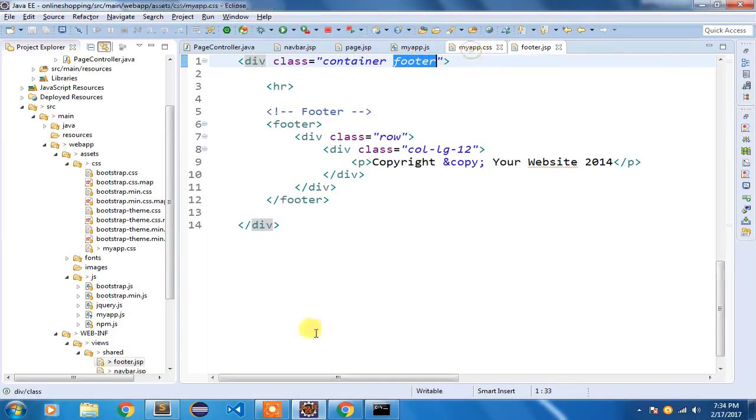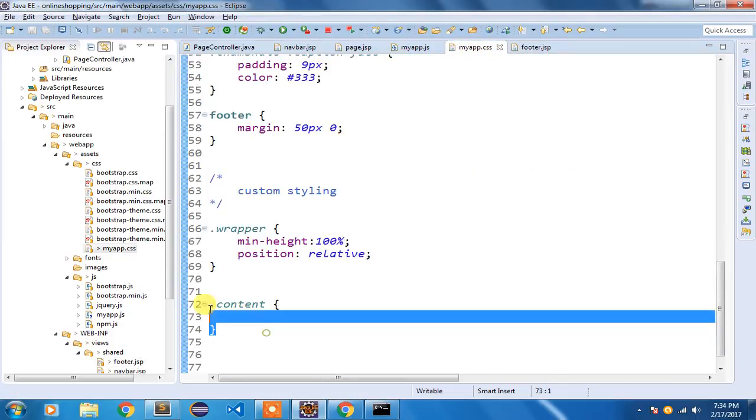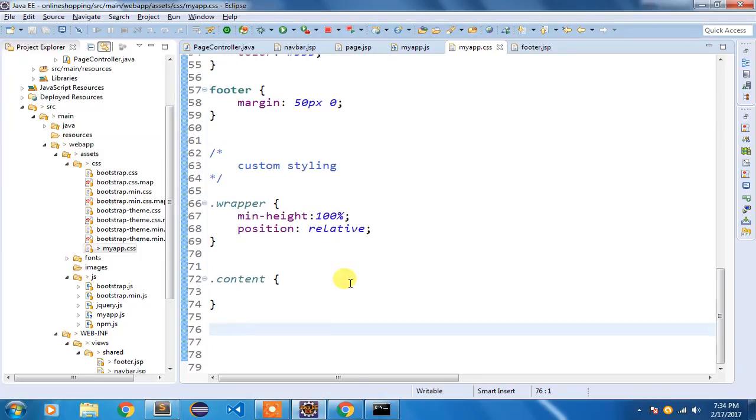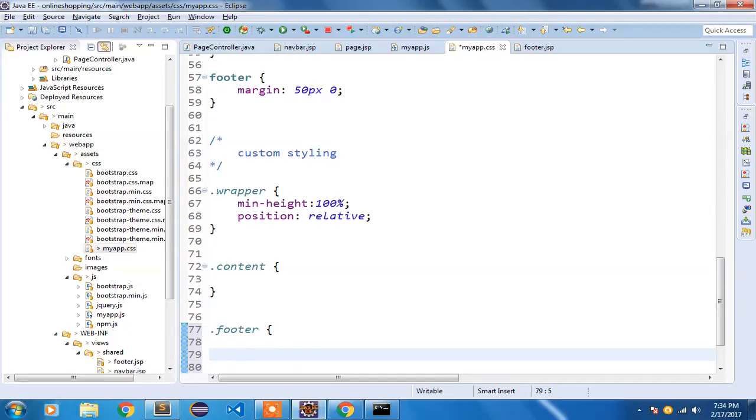So I'm going to open my myapp.css. I will code this content also, but first I need to explain why I'm coding it. I'm going to assign that footer class a position of absolute. This footer is inside our wrapper, for which we assigned the position as relative.